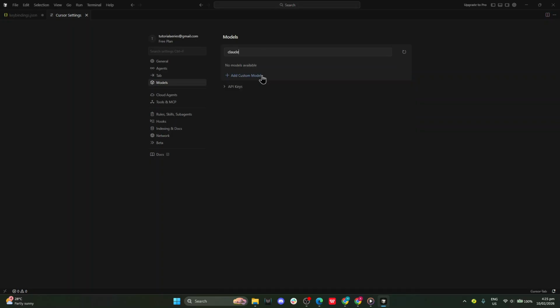Before you pick anything, switch the interaction mode to Ask. Ask mode is the chat style interface, perfect for typing a prompt or question and getting a direct response. If you leave it in another mode, your inputs might be interpreted for different kinds of actions, so Ask is